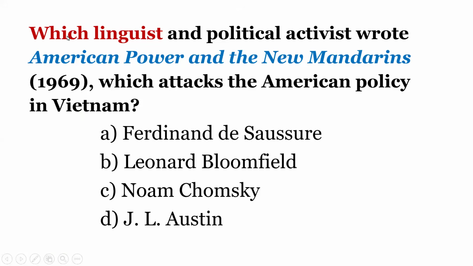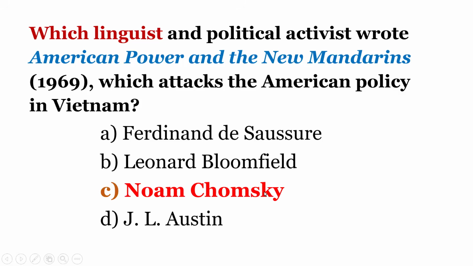Next question. Which linguist and political activist wrote American Power and the New Mandarins, which attacks the American policy in Vietnam? Option A, Ferdinand de Saussure. B, Leonard Bloomfield. C, Noam Chomsky. D, J.L. Austin. Answer